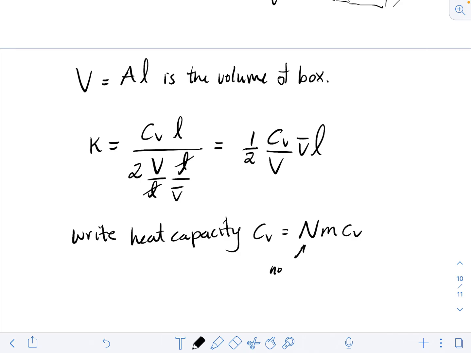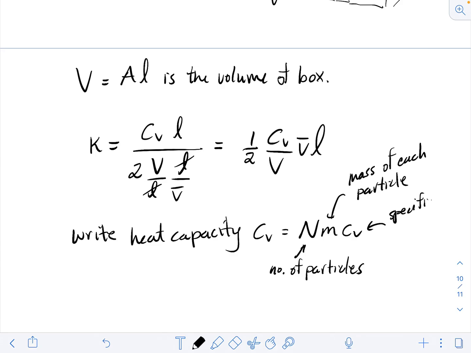And so this is the number of particles. This is the mass of each particle. So if it's nitrogen or whatever, it's the mass of a nitrogen molecule. And this is the specific heat, or the heat capacity